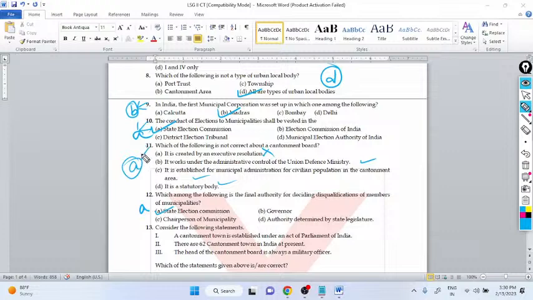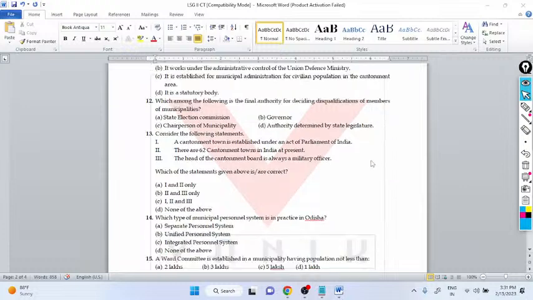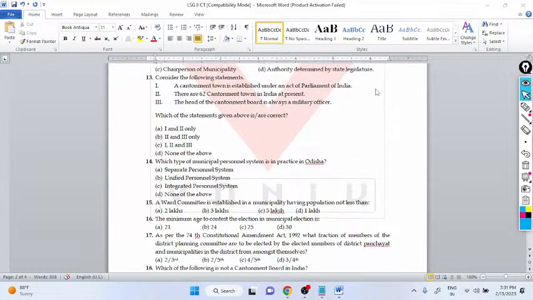It is A. You can get this idea that cantonment boards are established under an act, they are statutory towns, and they are established under